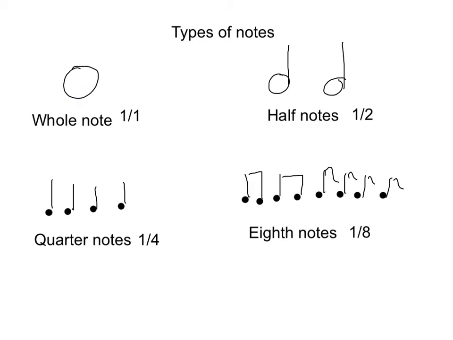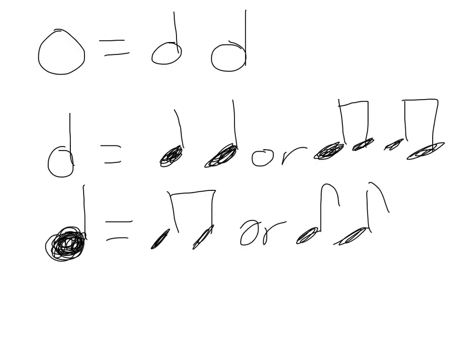If this whole comparison thing has your brain swimming a little bit, stay put, because this next slide will help you out. So, as I mentioned, a whole note equals two half notes. A half note equals two quarter notes, or four eighth notes. And a quarter note is worth the same as two eighth notes. So, for example,